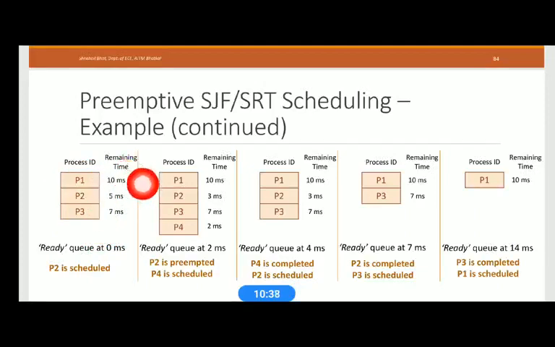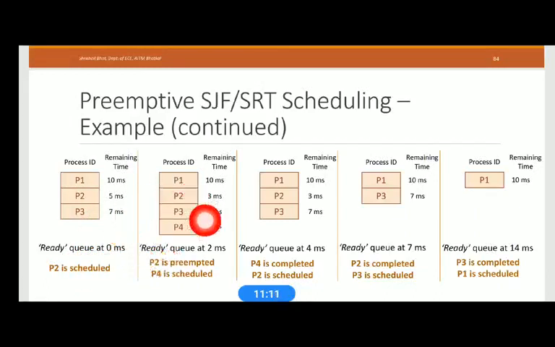P1 requires 10 milliseconds, P2 requires 5 milliseconds, P3 requires 7 milliseconds. The scheduler will verify whose time is least. The time for P2 is the least, so the scheduler schedules P2 for execution. P2 starts its process, with the CPU allocated to it.